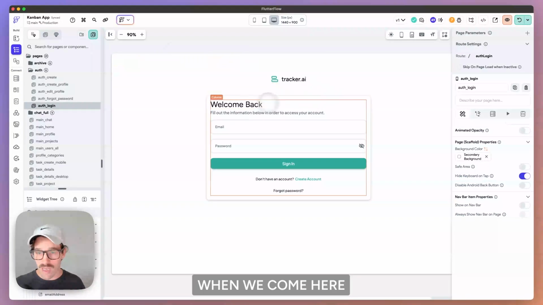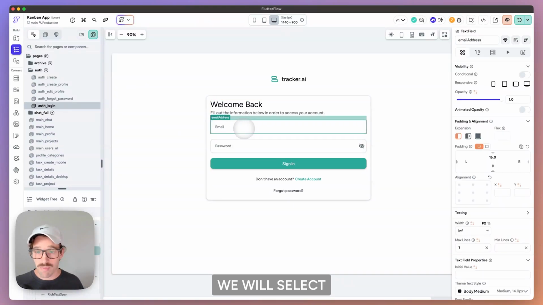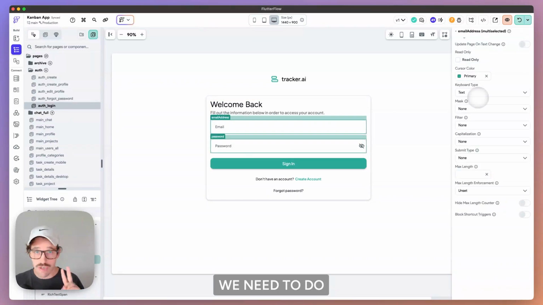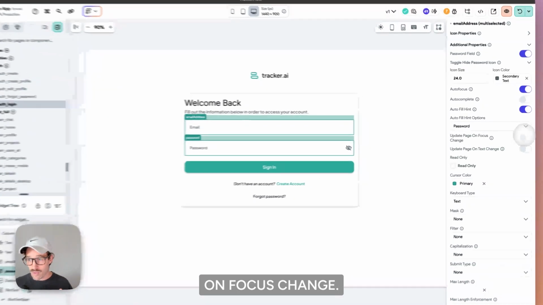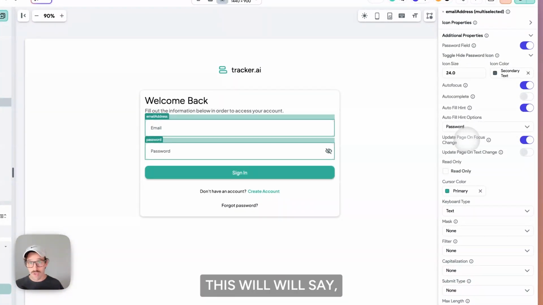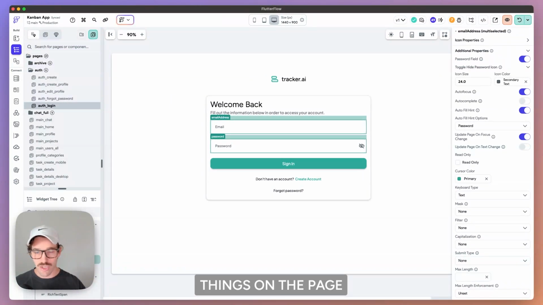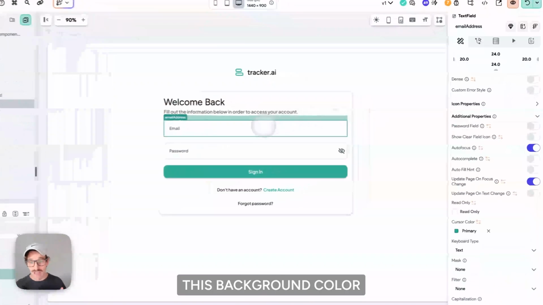And so when we come here, we will select both of our text fields here. We need to do two things. First, we need to update page on focus change. Okay, this will say, hey, when the focus is changed on this text field, update the page. So update things on the page. And what this is going to do is it's going to allow us to then set this background color from